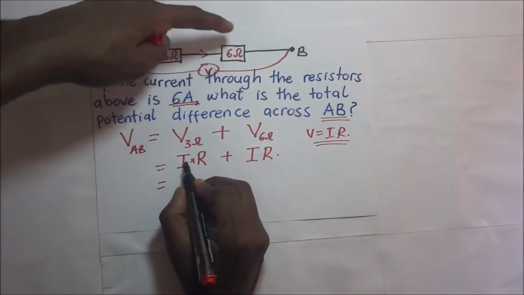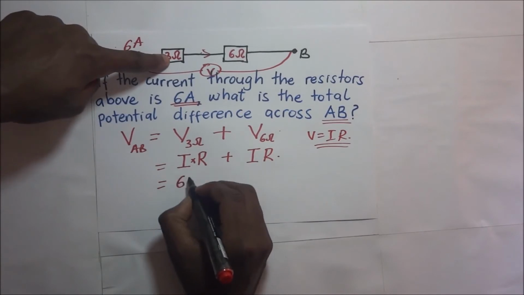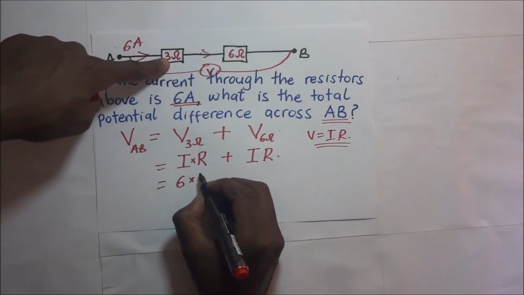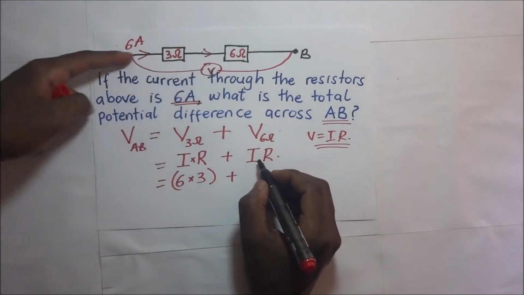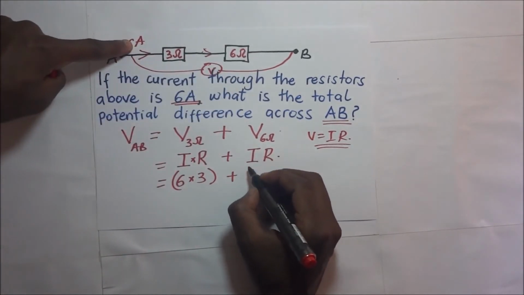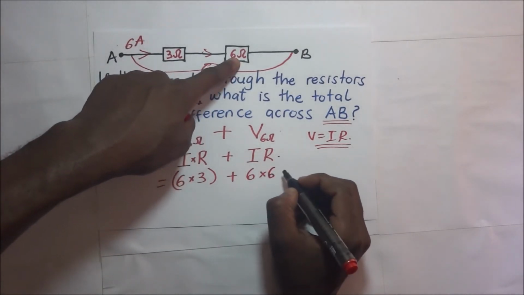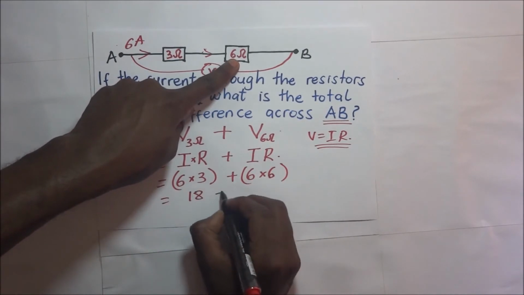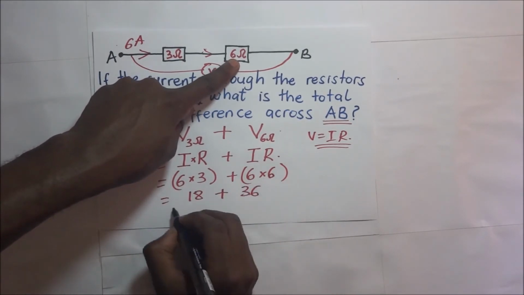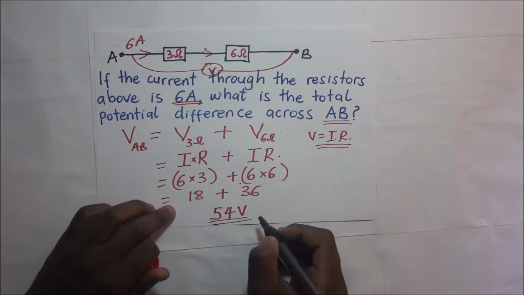So this is going to be equal to the current going through here, which is 6, times the resistance, here it is 3, plus the current going through the 6 ohm resistor, which is still 6 amperes, multiplied by the resistance, which is 6 ohms. And definitely 6 times 3 is 18 plus 36, and we shall end up with